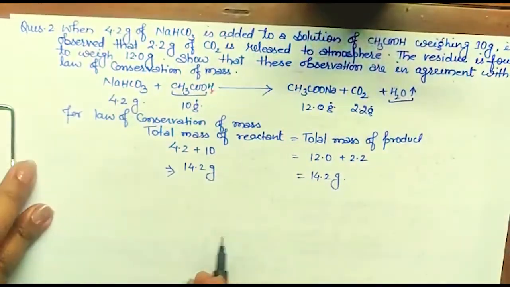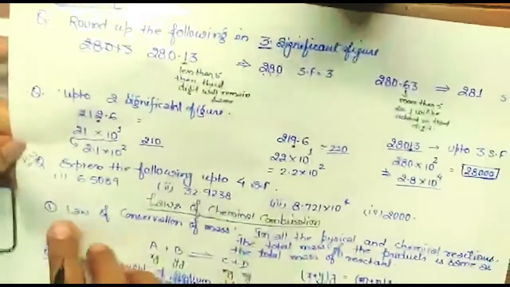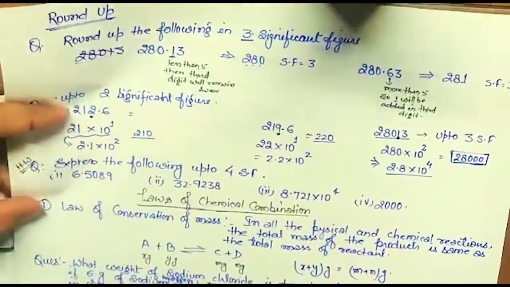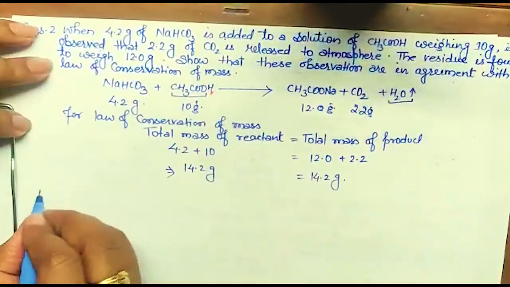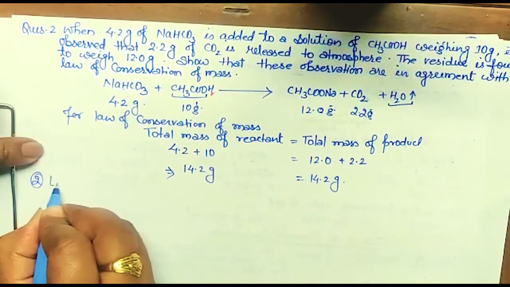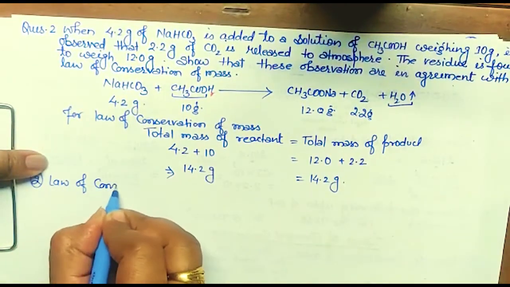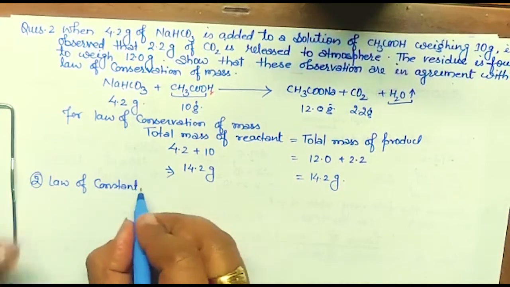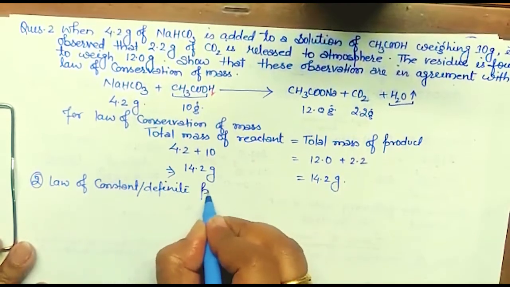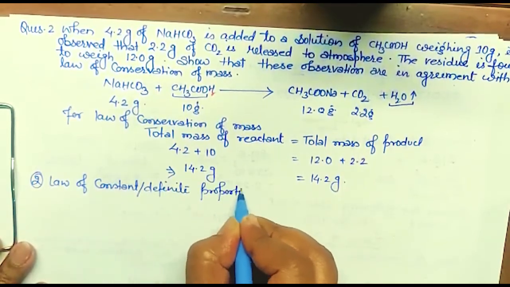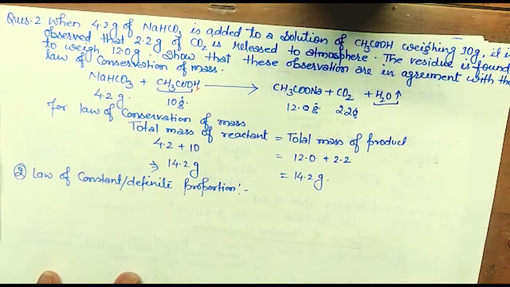We are going to start the next law, and that is the second law. First law is law of conservation of mass. Yes, this one. And second law is law of definite proportion. Second is or constant proportion. That also you have done in class 9th. Law of constant, or you can say definite proportion. Okay. According to this, what does it say? Can anybody think of it? Recall that whatever you have done in class 9th.